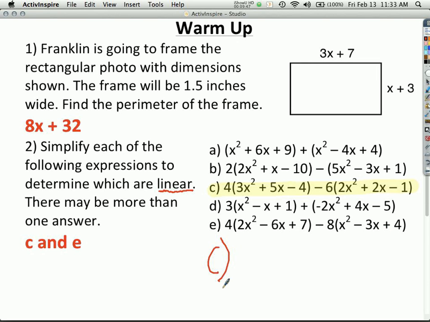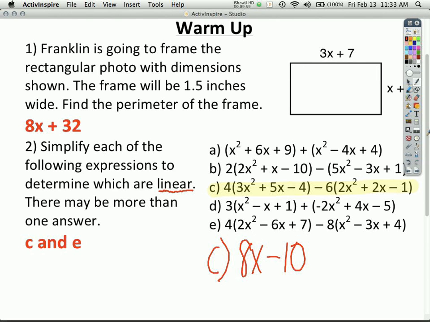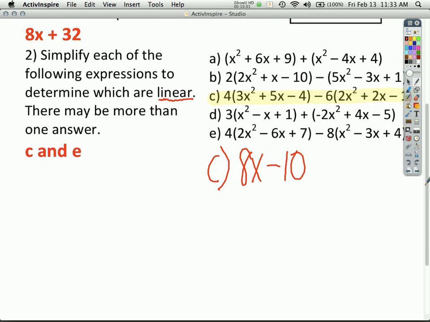8x minus 10. What do you think it comes out to? 8x minus 10. So it comes out to 8x minus 10. How did that happen? How could it possibly be 8x minus 10? There was an x squared there a moment ago. I am so confused. How could that happen? Melinda? Because we multiply them,